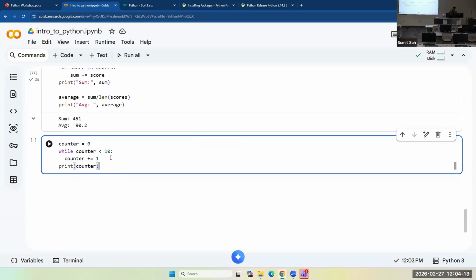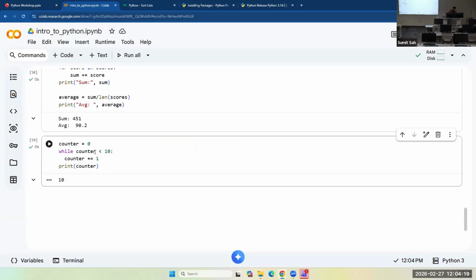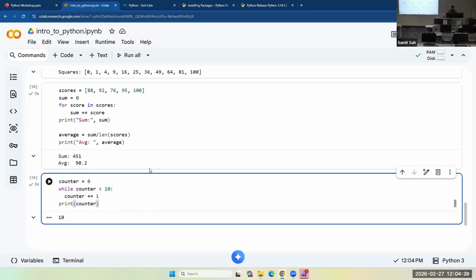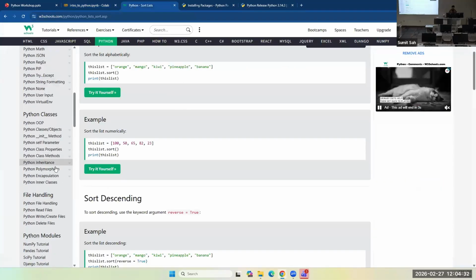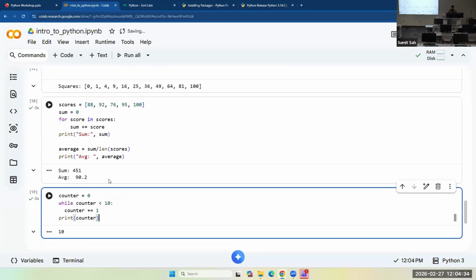So I'm increasing the counter, and I have a condition while it's less than 10. So it will stop whenever the counter value is 10. And you could explore more about loops, of course, using the same tutorial. This is just to get you started.